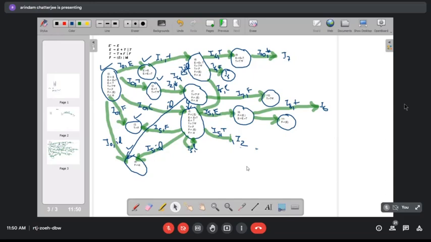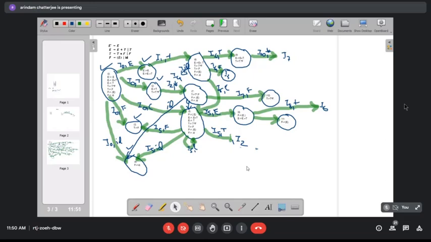For I6, with T, you go to I9. With F, you go to I3. With open parenthesis, you go to I5. And with ID, you go to I4. So I6 is done. For I7, with F, you go to I10.